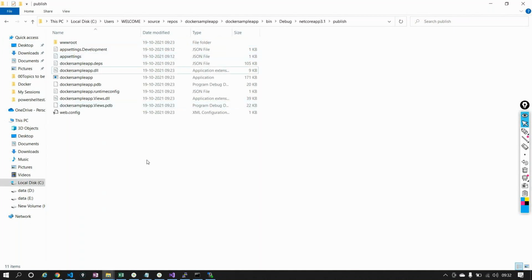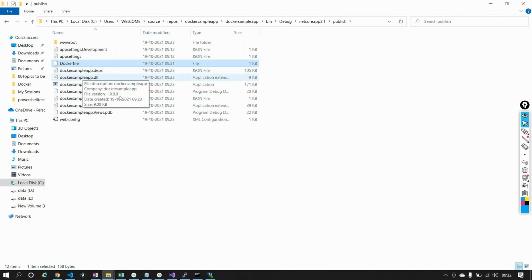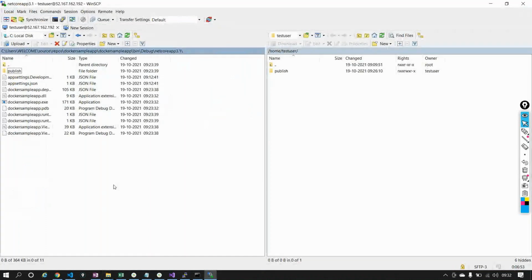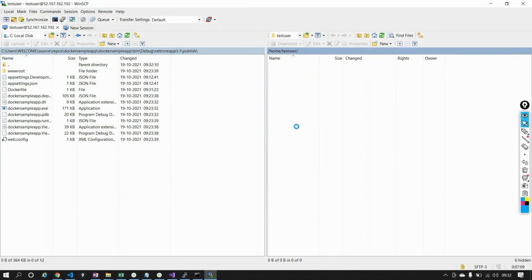I'll paste it exactly where my .dll file is. Now I'll go into WinSCP again, and let's do a refresh. Let's wait for the Docker file to appear here. This is inside the publish, right? So yes, inside the publish. Now I'll take this out. Inside the publish directory,